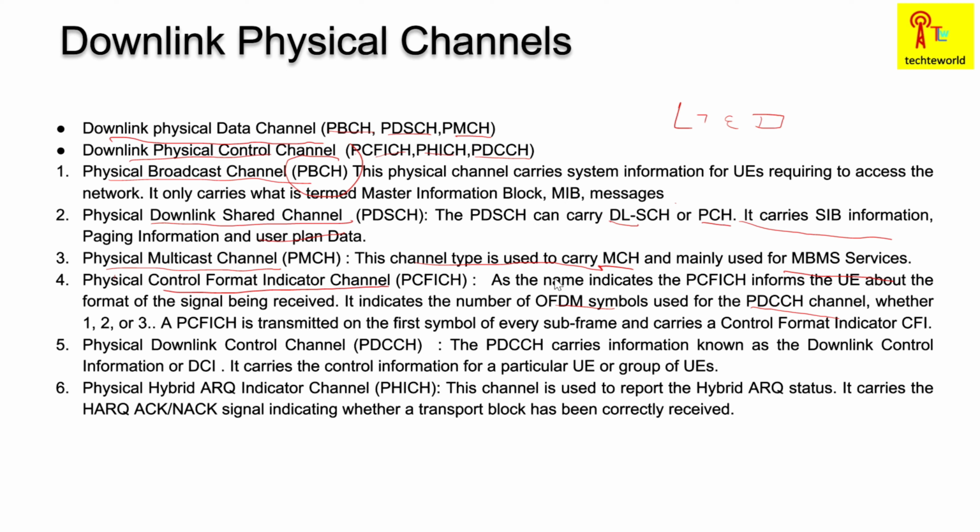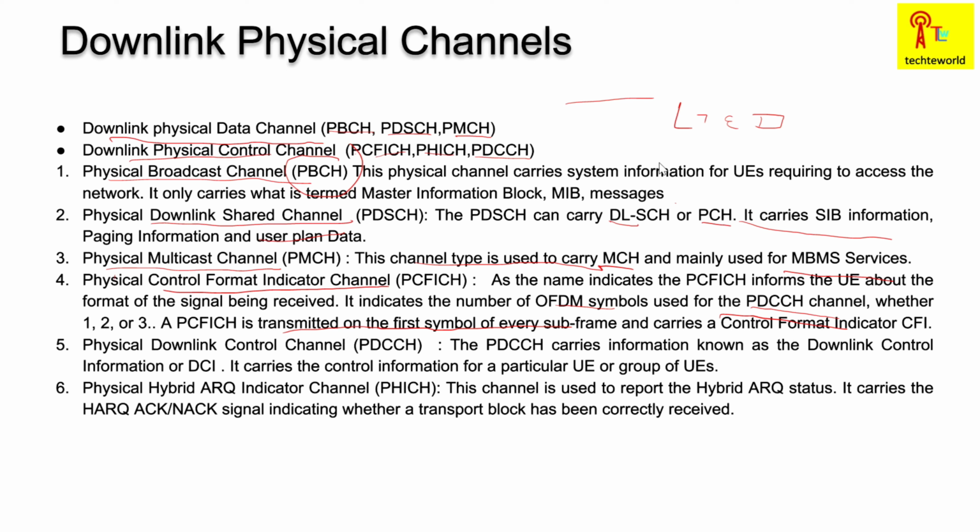So this PCFICH basically carries the information about how many OFDM symbols are present in the PDCCH channel. It tells us whether it is 1, 2 or 3. Okay, and also the PCFICH is transmitted on the first symbol of every subframe. As we know, one frame is divided into 10 subframes, right? And in each subframe, in the first symbol,